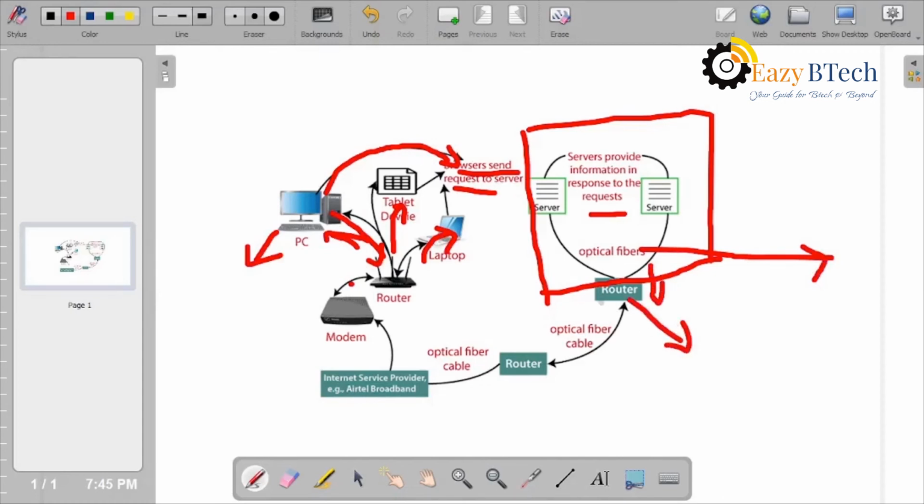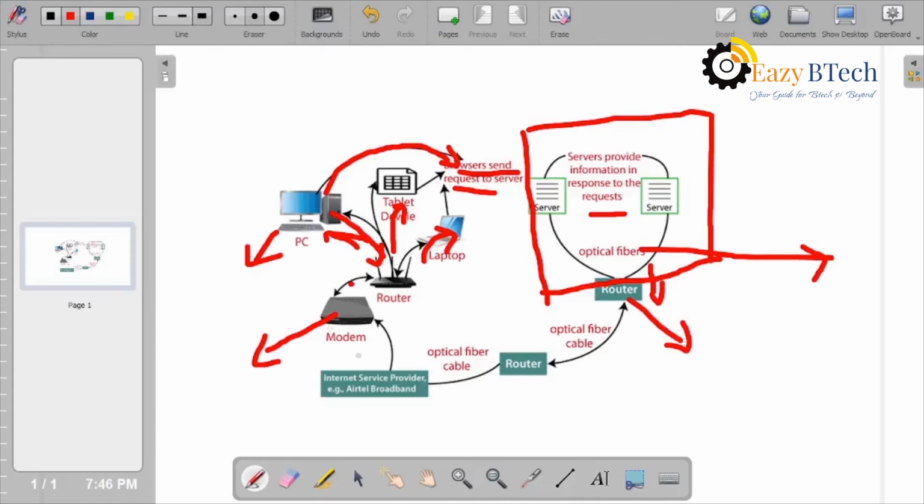Okay, so kindly see the whole diagram. It means we are connecting to the internet by using different types of network hardware and internet service providers, and for telephone lines we are using a modem. Through the telephone lines to access the network, we use a modem. Modem stands for modulator and demodulator, which is used to convert digital signals into analog signals as well as analog signals into digital data.